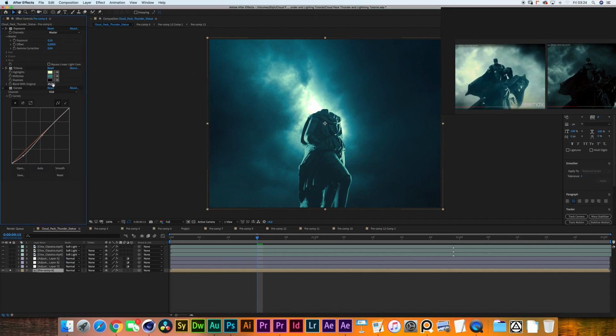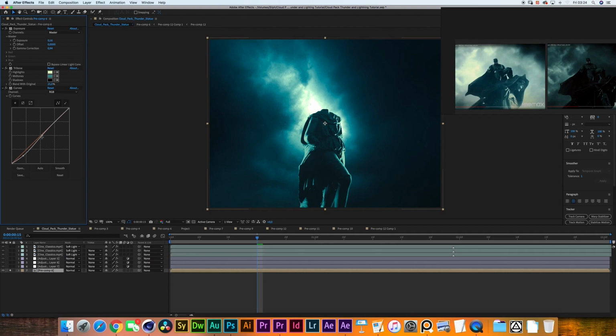I then gave it a blend with original of 25. Usually I would never go this low. Usually I would go for about 95%, really just giving it a very subtle detail. But in this case, because it's a pretty stylized shot that we're getting at the end, a value of 25 was doing perfectly fine. I then created a curves adjustment in which I have lowered most of the shadows,